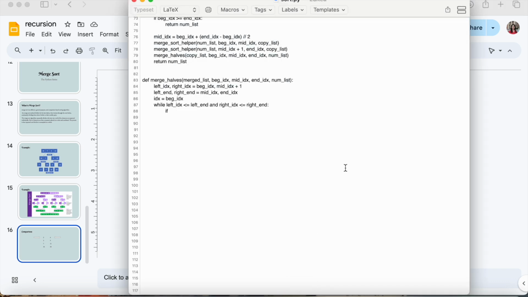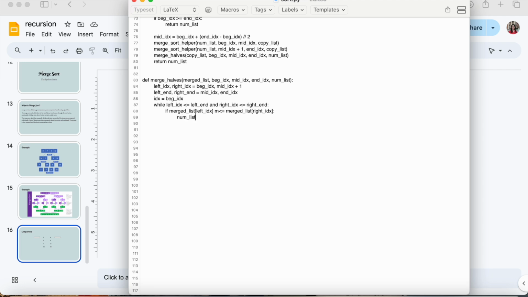So if in the merged list, with the left index, this is referring to the first number, is less than or equal to the merged list right index, so the number with the right index in this merged list,